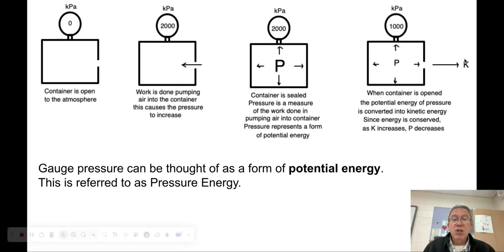In that sense, pressure is a form of potential energy because it can cause particles to gain kinetic energy. So we often refer to this as pressure energy, and that's a little bit complicated. Basically, in most cases, pressure energy just means gauge pressure, okay? And gauge pressure often just means hydrostatic pressure, but not necessarily. So bottom line is we're going to use pressure and pressure energy, well, gauge pressure and pressure energy, somewhat interchangeably